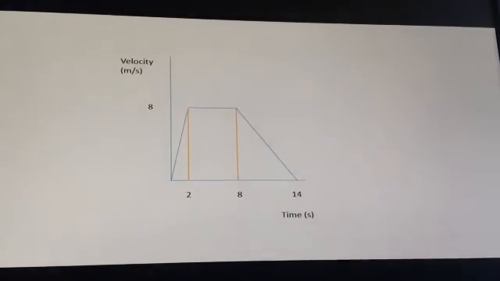So we can work out the gradients, and that can tell us about acceleration and decelerations in a velocity time graph. But that's not the only thing we can use a VT graph for. We can also find the distance that an object has travelled. To find the distance, you need to work out the area that's underneath the line, between the line and the